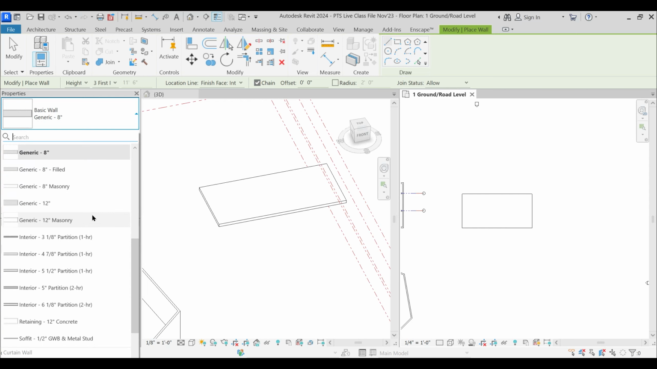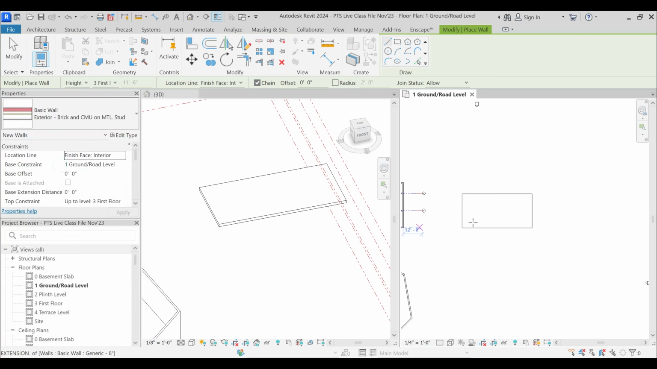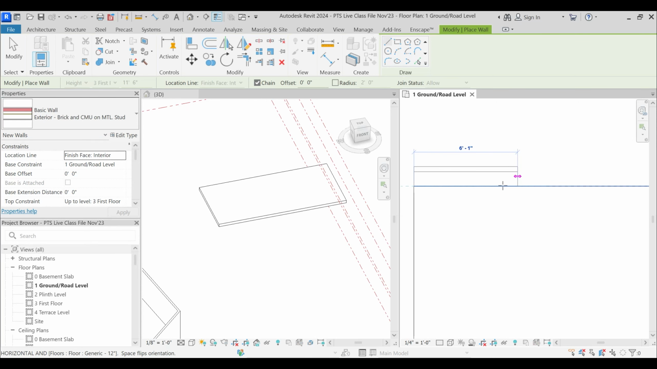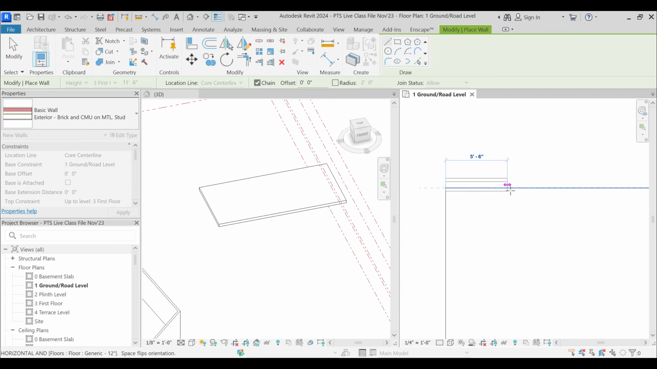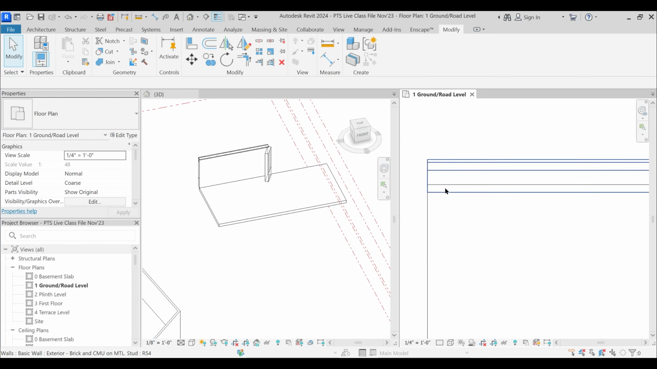Under that, if I just drop this down and select this exterior brick and CMU on metal stud, and if I just draw this particular wall with location line to be core center line, then what do you notice? You will notice that it is snapping to somewhere else. Why? Because the width